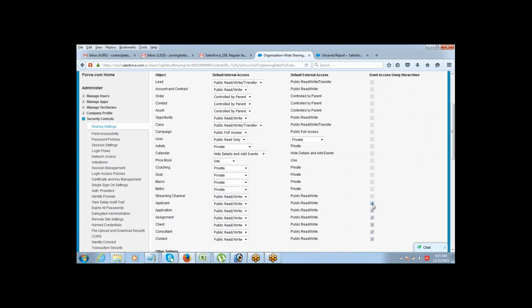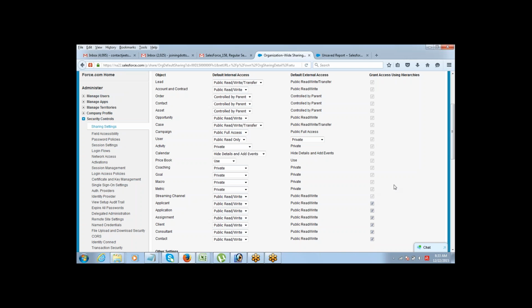If you tick it on, then the manager will get to see that. So let's say the opportunities are private, I'm working on an opportunity, and Grant Access Using Hierarchies is selected for the opportunity object, my manager will always get to see my data, no matter if it is private or public.